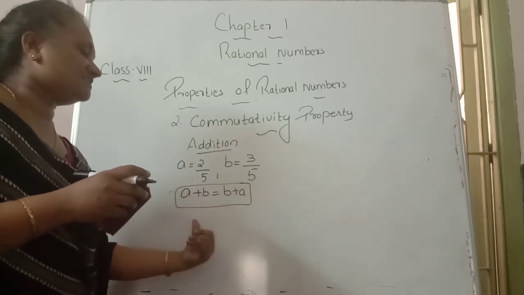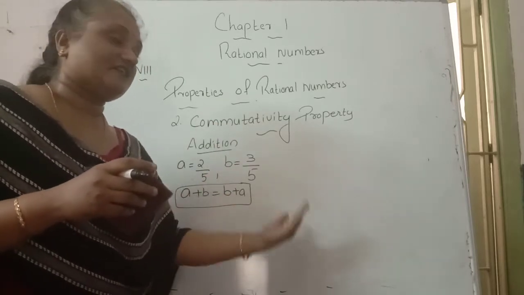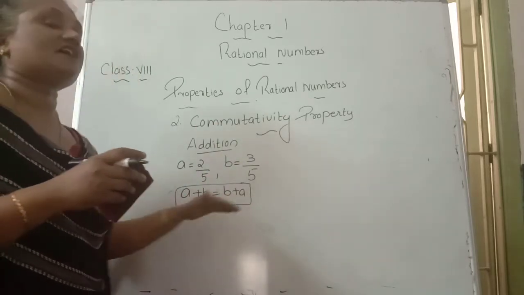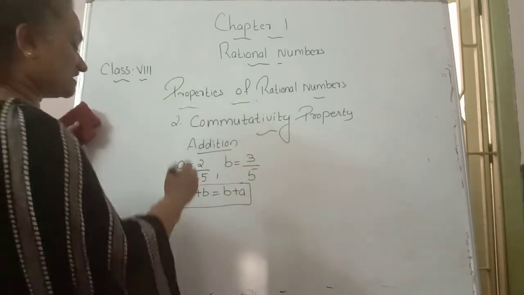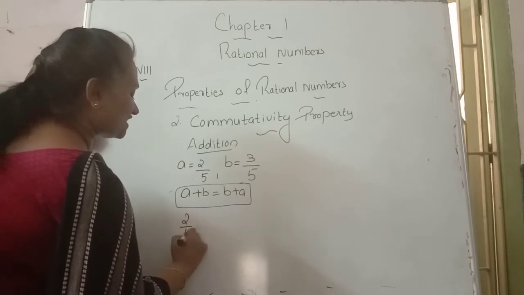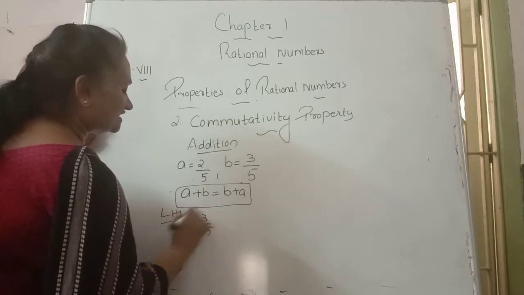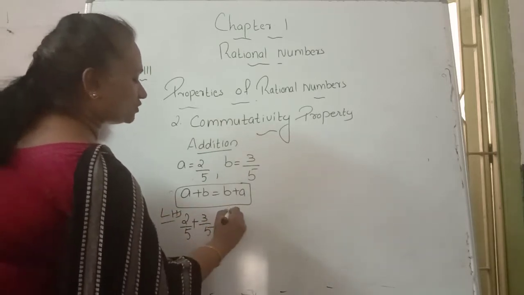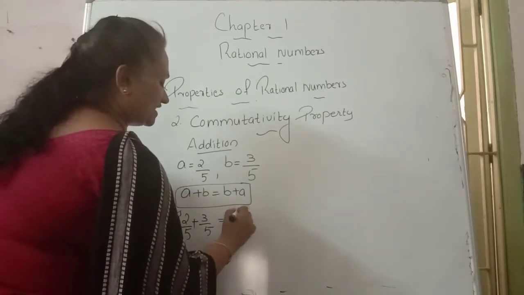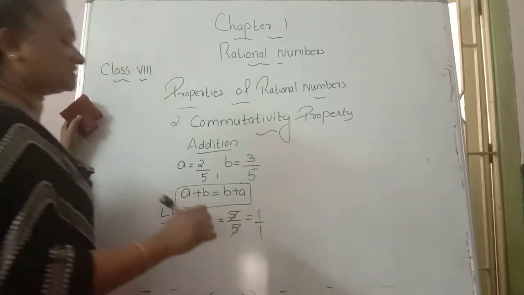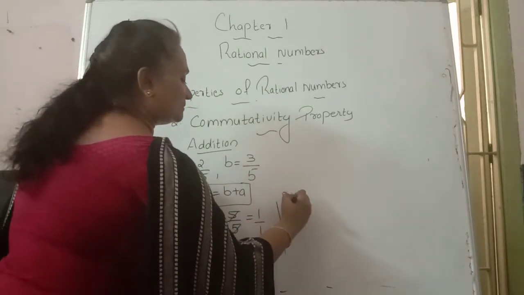The left side answer should be equal to b value written first and a value written second. Adding, we get an answer; both are equal. We want to prove this: LHS answer and RHS answer are equal. Here in place of a, 2 by 5, plus in place of b, 3 by 5. Here LHS we consider. Then adding, the denominator is the same, numerator part adding 2 plus 3 is 5, 5 by 5, cancelling gives 1 by 1 on the LHS side. Is the right side, the RHS side, 1 by 1 or not?